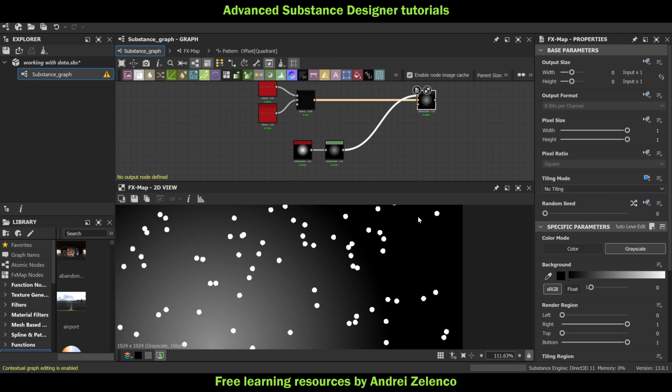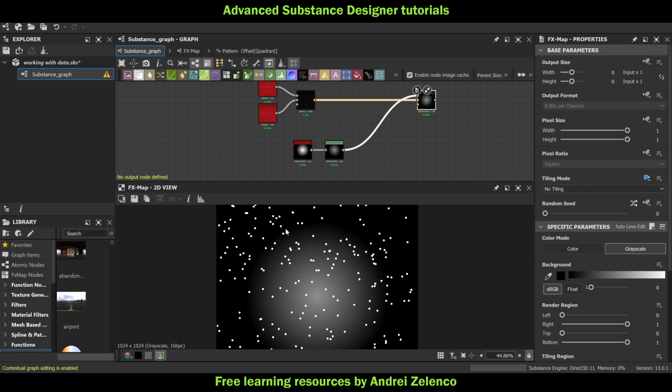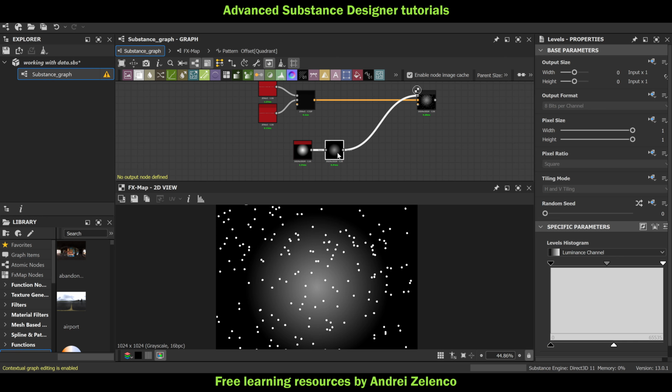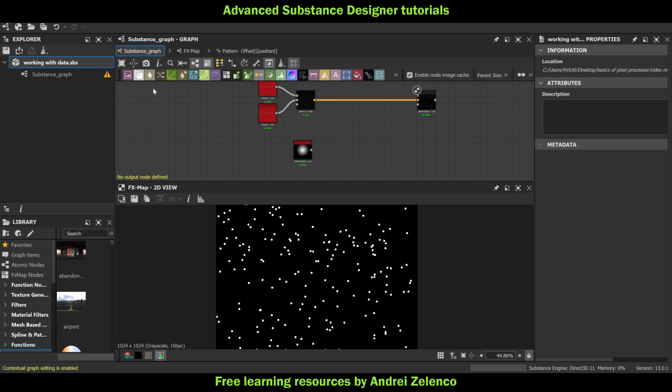Its size is going to be 0, and every point that is inside this gradient is going to go from small to large as the values of this gradient are higher and higher. So this is what is going to happen,